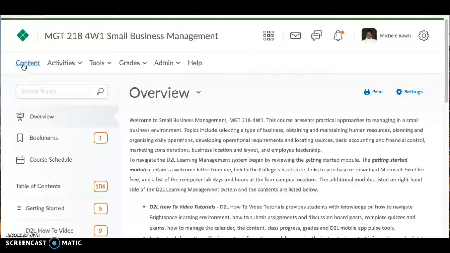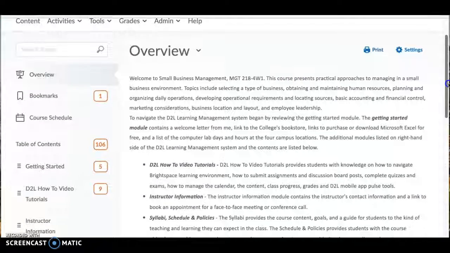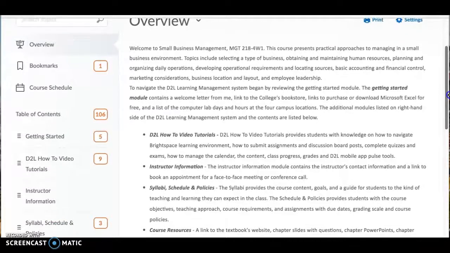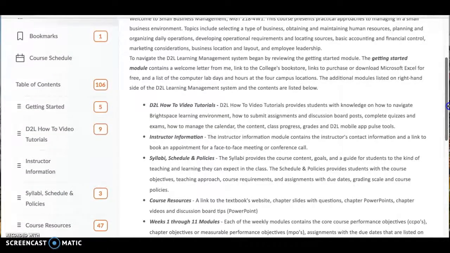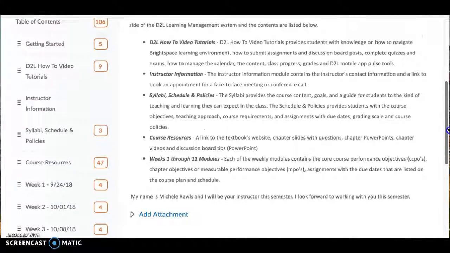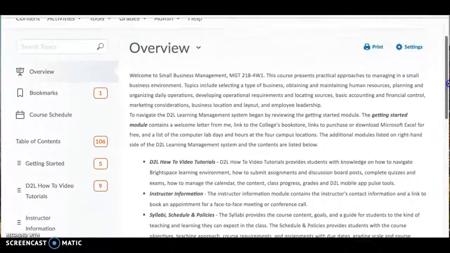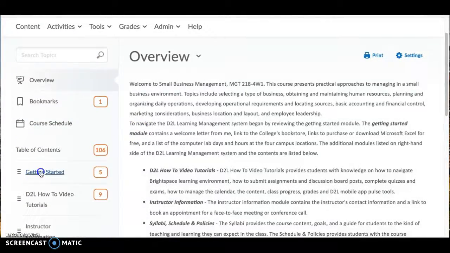The Content Tool button will display the Overview module. This module provides you with a description of the course and the course materials that is available in the D2L Learning Management System. For example, the Getting Started module